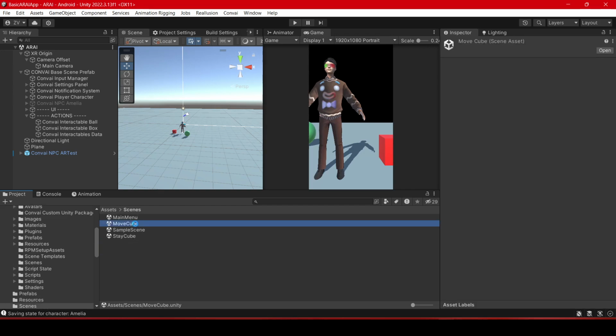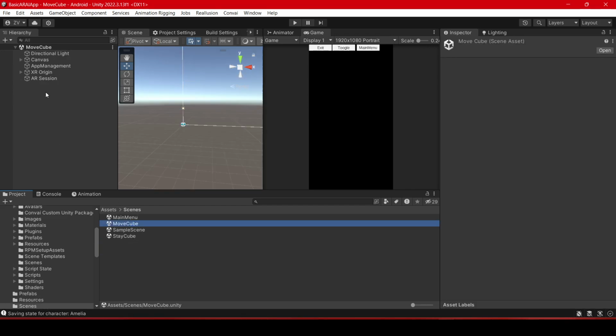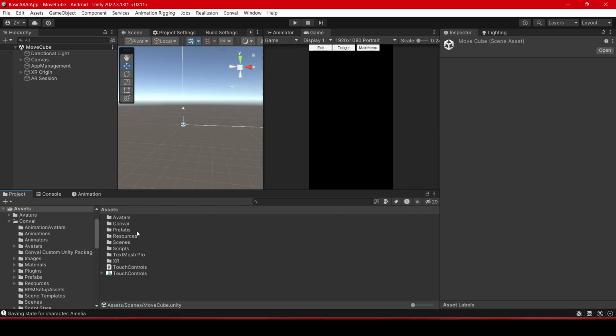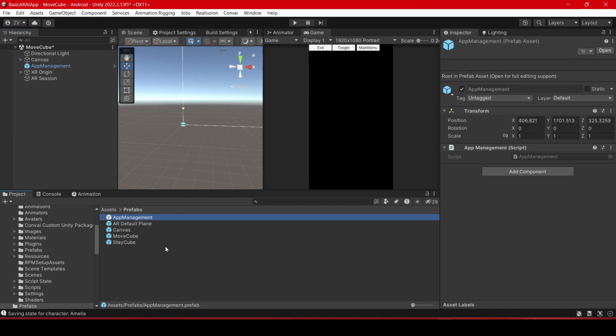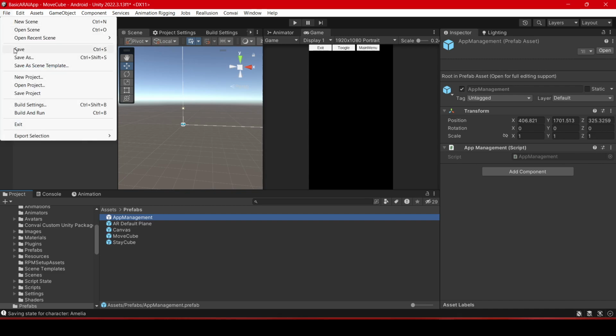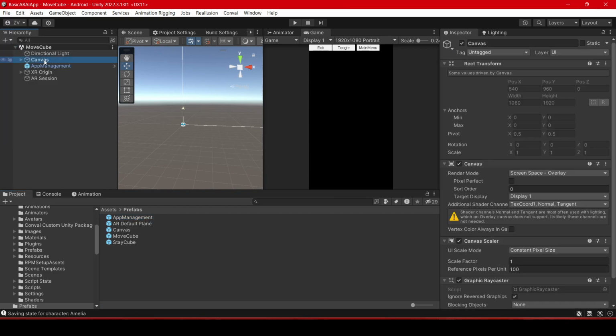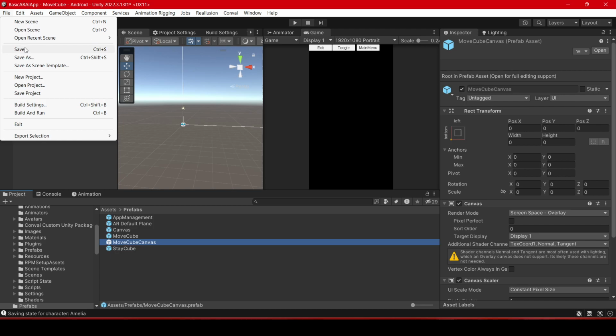Scenes, Move Cube, and we want to add the app management to the prefab. And let's rename this canvas Move Cube Canvas. Place it in prefabs, file, save